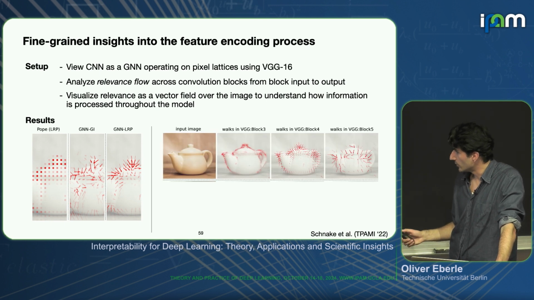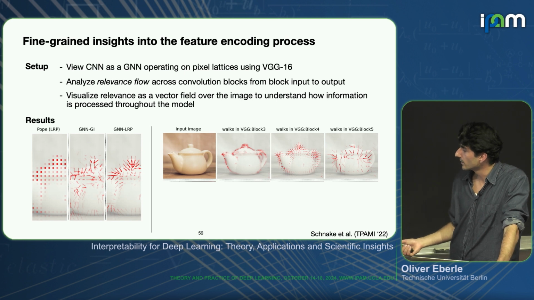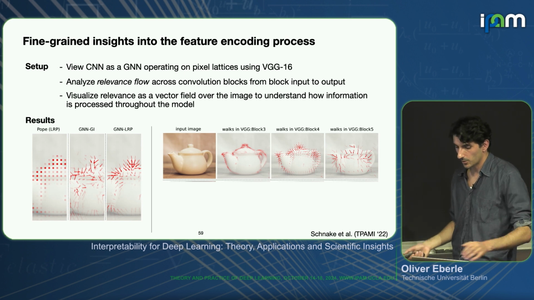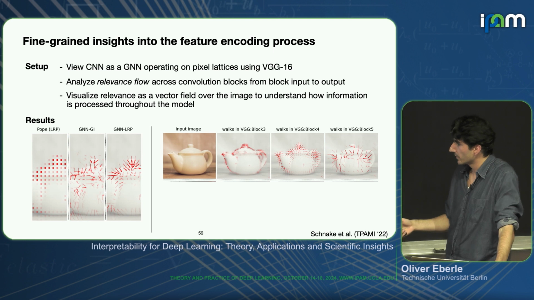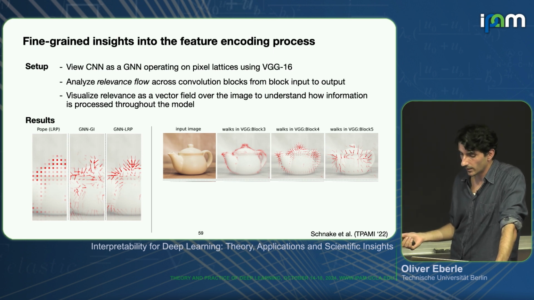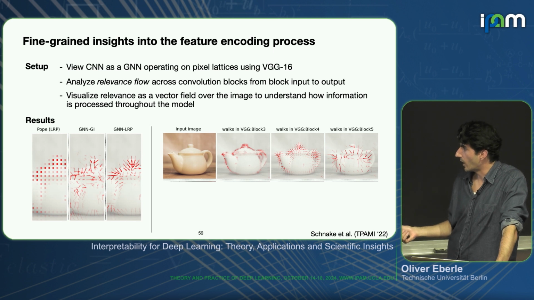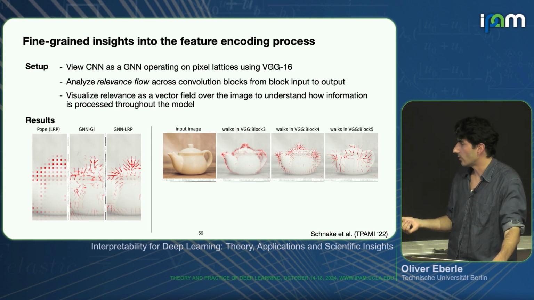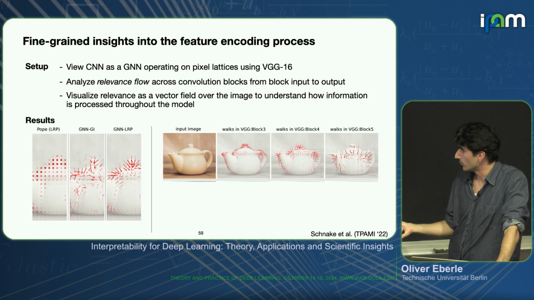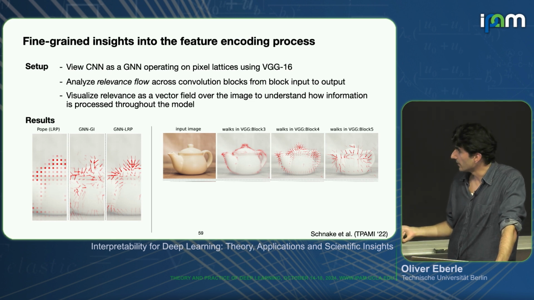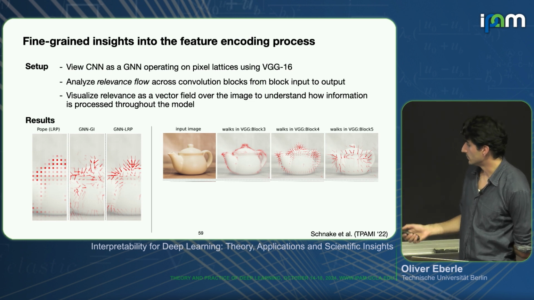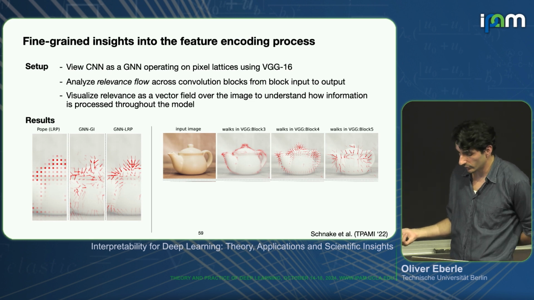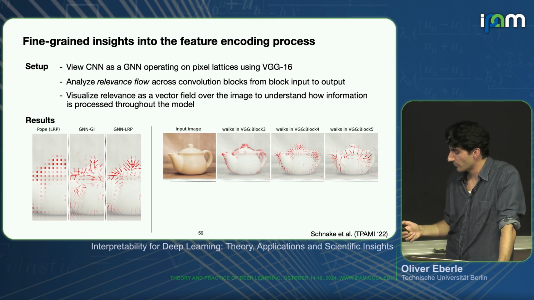You can analyze them in a bit more detail. We did this for different blocks in the network, and in line with the expectations, for earlier layers you get flow fields that mostly trace the boundaries of your object. And the further you go through your network, the representations become more high level. This means that your flow fields go towards specific compartments or components of your object. Here this would be the lid or the handle. And then in the later layer, you have an even more coarse-grained representation of the object. This is useful to understand better how the information is actually assembled throughout the network.